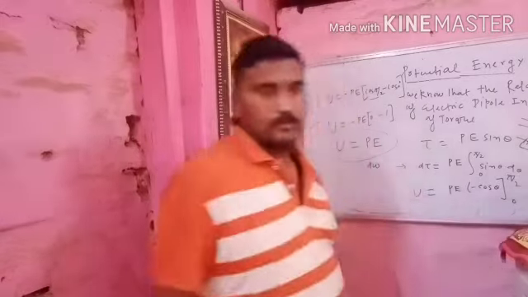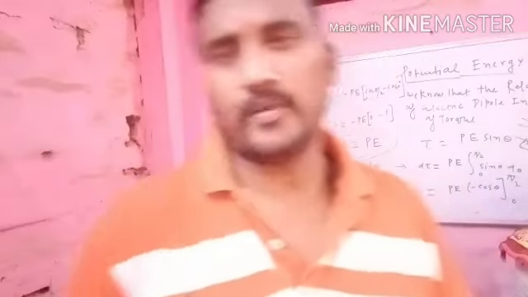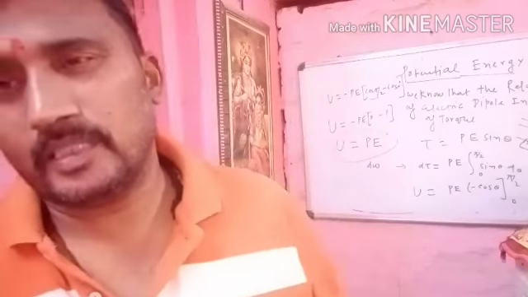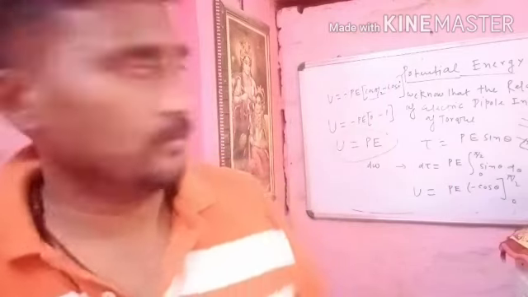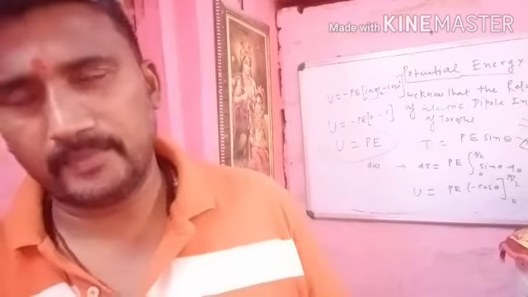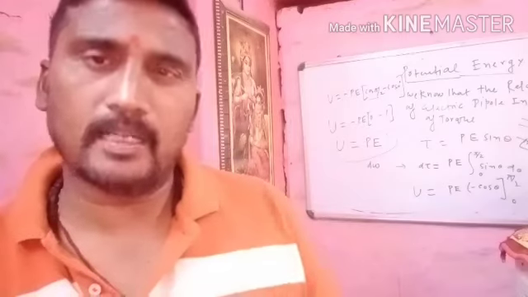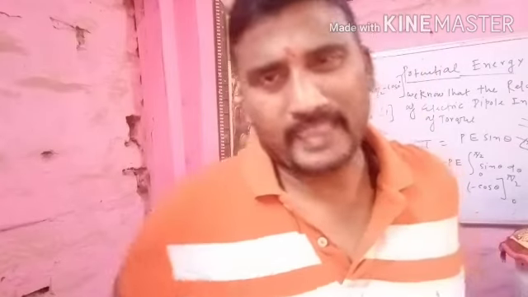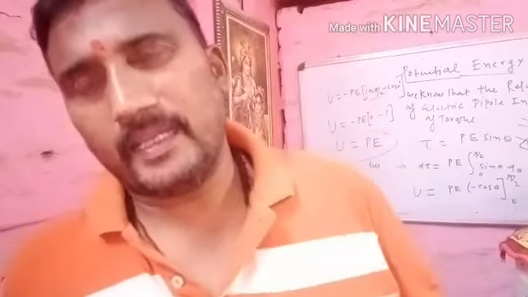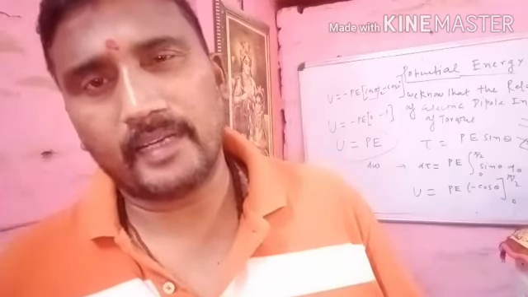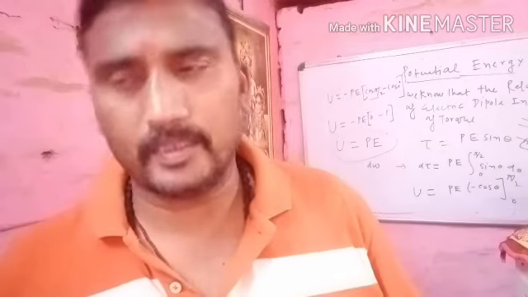If the limits of integration are changed from pi by 2 to 0, to 0 and pi by 2, then the result is also changed. Once again we repeat this topic. What is the electric potential energy? When an electric dipole is placed in an electric field, like a torque moment, and it is carried from infinity into the electric field, then the net work done is known as the electric potential energy.